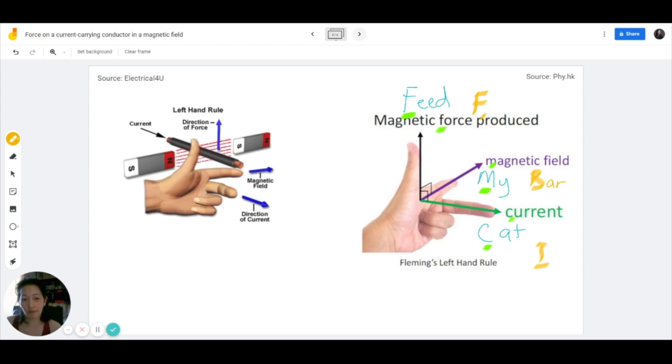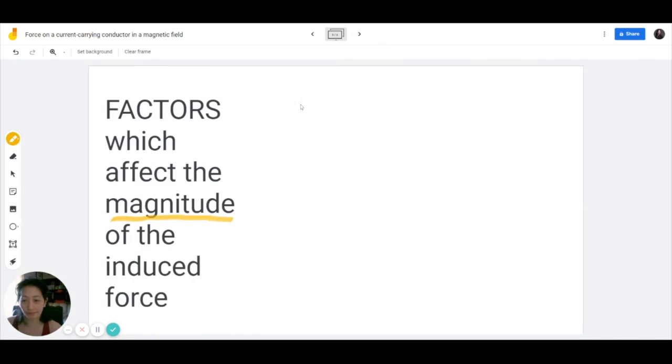So instead of memorizing factors, just take a look at Fleming's left-hand rule and think of it this way. If the force is the resulting action, that means this is your responding variable. If this is your responding variable, we know that these two will affect this. That means these two will be your manipulated variables or your factors. So if we are looking for the factors which affect the magnitude of the induced force, then